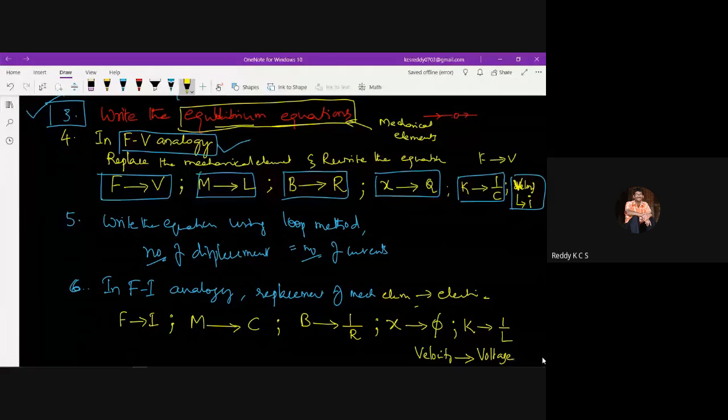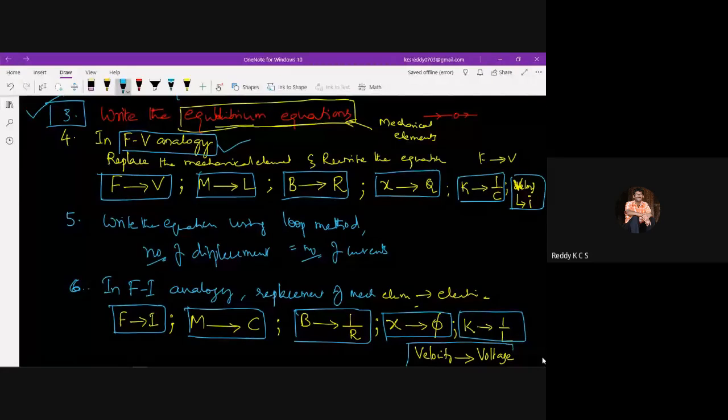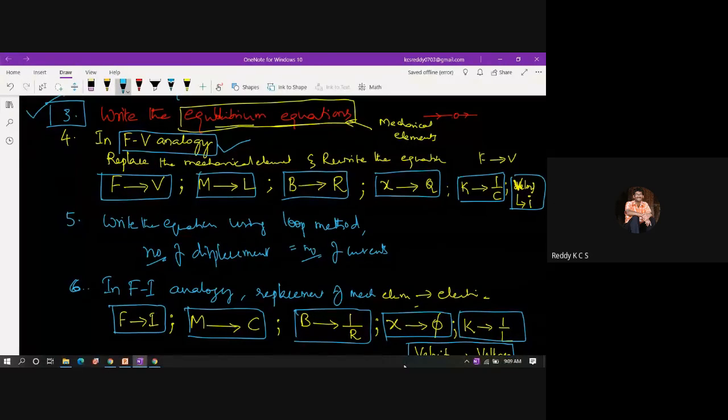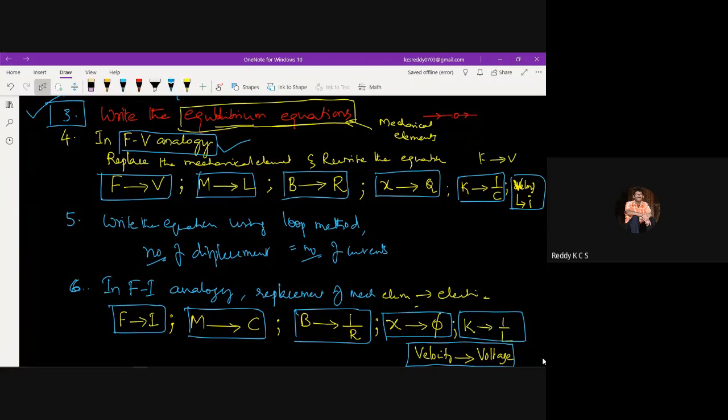Okay, so this is how, in the force current analogy, these are the terms which you need to replace. That's how we studied how we can replace them. If I want to write the FI analogy, what terms will be replaced with what parameter, either it is a voltage or inductance or resistance or a rate of flow, whatever it is. So we need to know what kind of replacements will happen in this case. Now the number of displacements in this case is equal to the number of node voltages. So based on that we can write the equation.